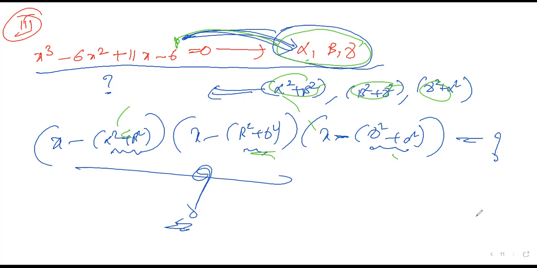Now we started the very first question, finding that higher order equation. I am trying to enter the third order equation now. Let us take a question. I'll try to explain how to solve a third order equation. Let us take the question here: x³ − 6x² + 11x − 6 = 0.